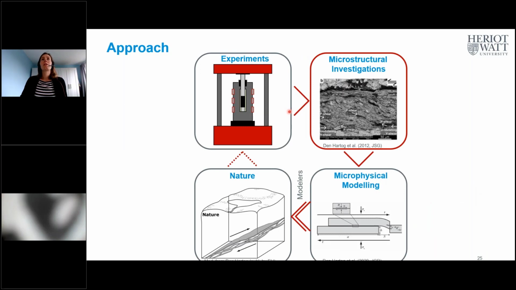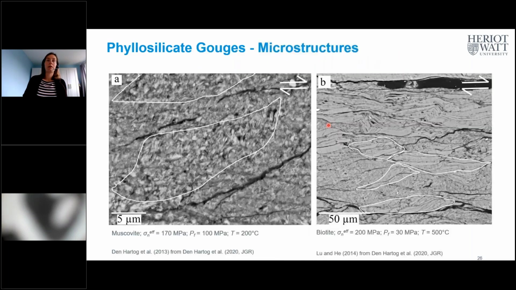Okay, so the next step in the approach would be to look at the microstructures generated by these experiments. These are microstructures for muscovite on the left-hand side and biotite on the right-hand side. In both cases you can see some sort of sigmoidal domains in which the grain size is bigger than around it. You can see that here as well, quite large grains in sigmoidal domains and smaller grains